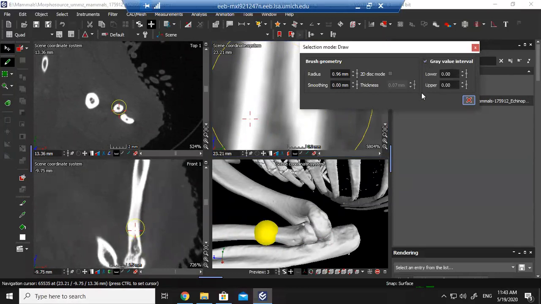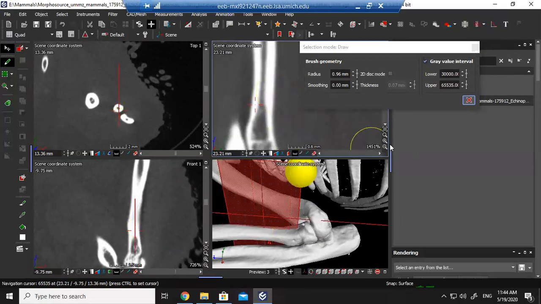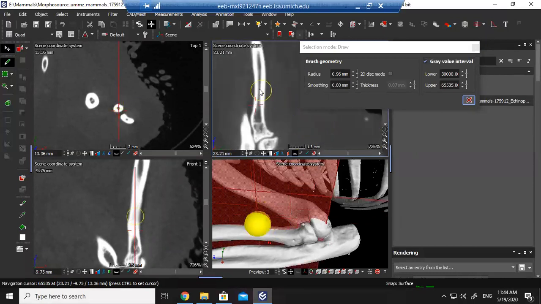So what I'm going to do is create a gray value interval of about 30,000 up to 65,535, because that's my maximum value. So you do have to do this for every single specimen that you are interested in